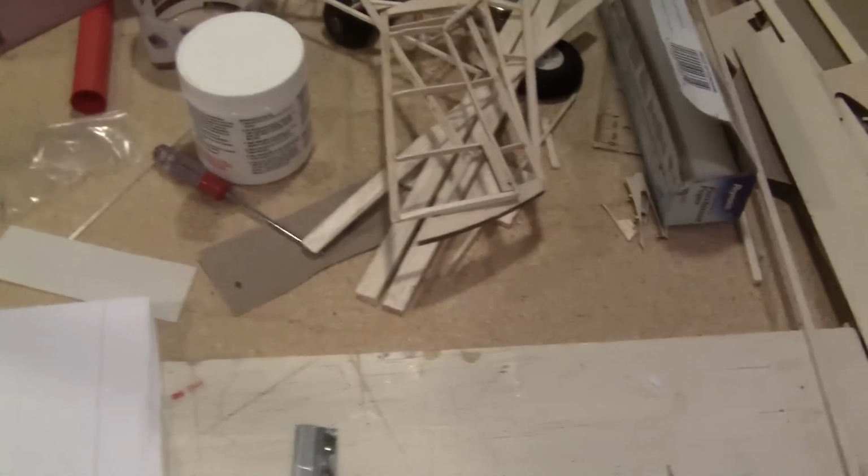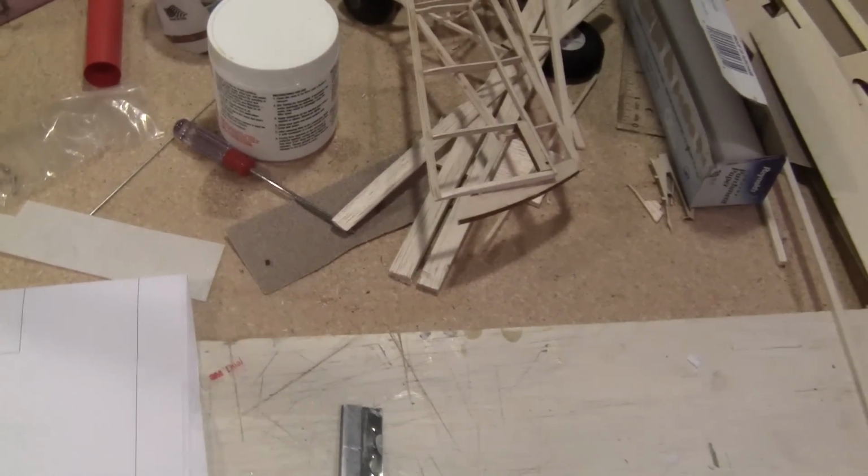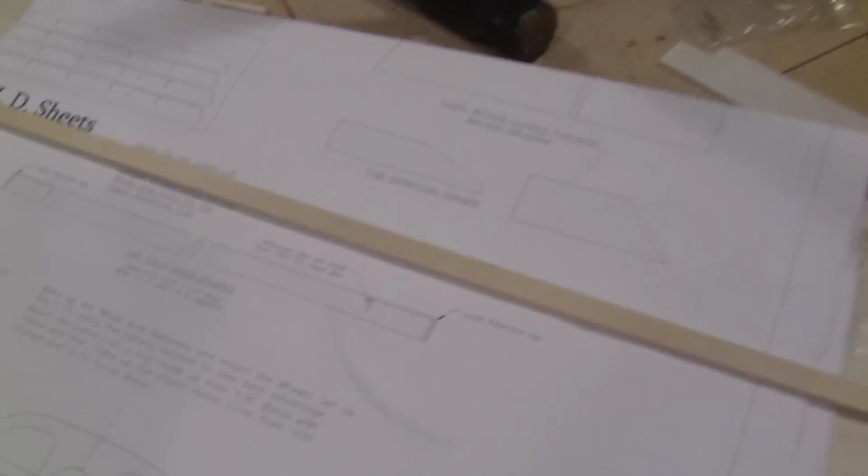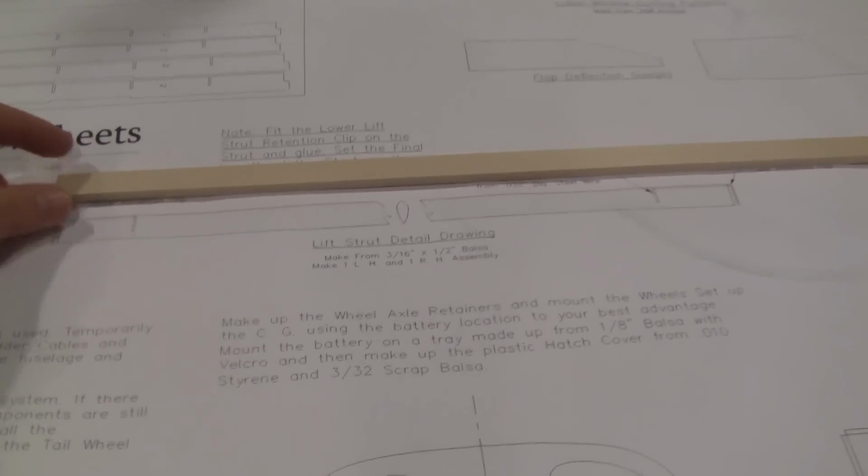I'm going to go ahead and make the actual struts themselves. I started making them with the balsa. It's 3/16 by 1/2 inch, but I don't like how much they bend. So I went and got some basswood, 24 inches in length. That's good enough for 2 of the struts. And I believe they're only semi-functional, where they do provide strength, but they don't affect the dihedral like they did